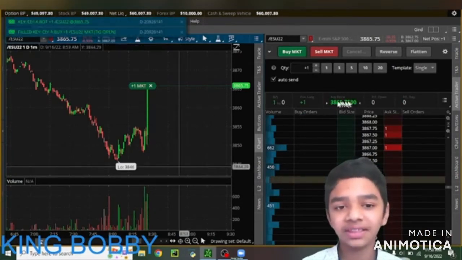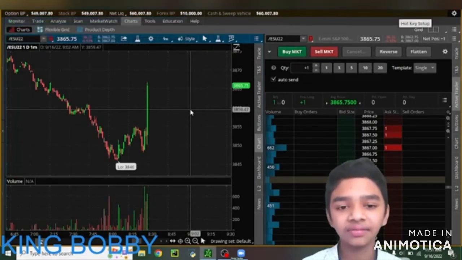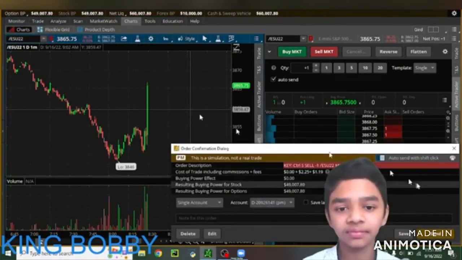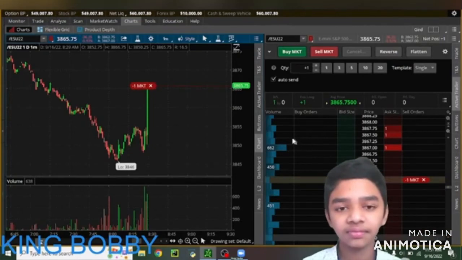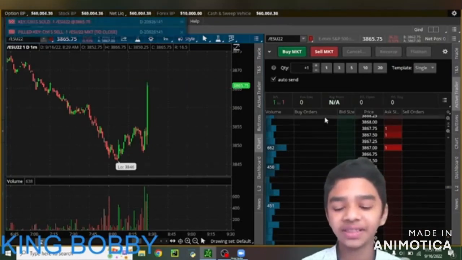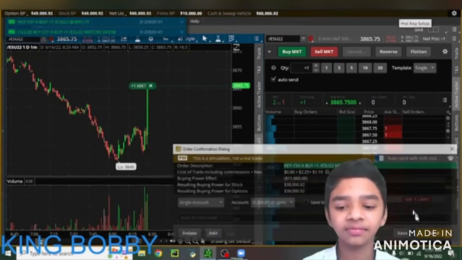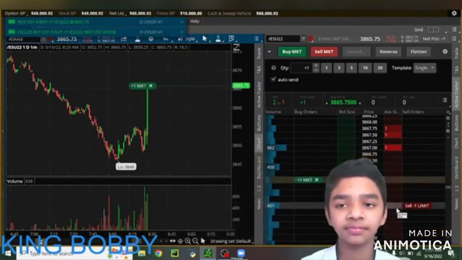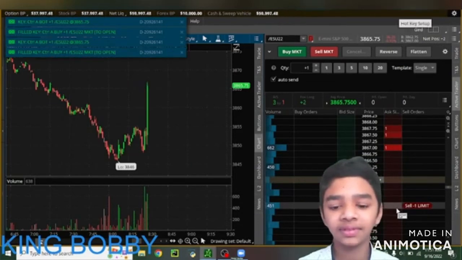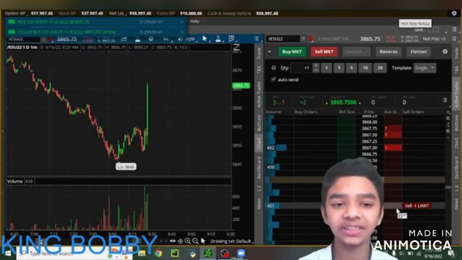Then you'll buy at one position. If you hit Control S, it'll close that position. If you have many orders, you have 3. If you hit Control V,